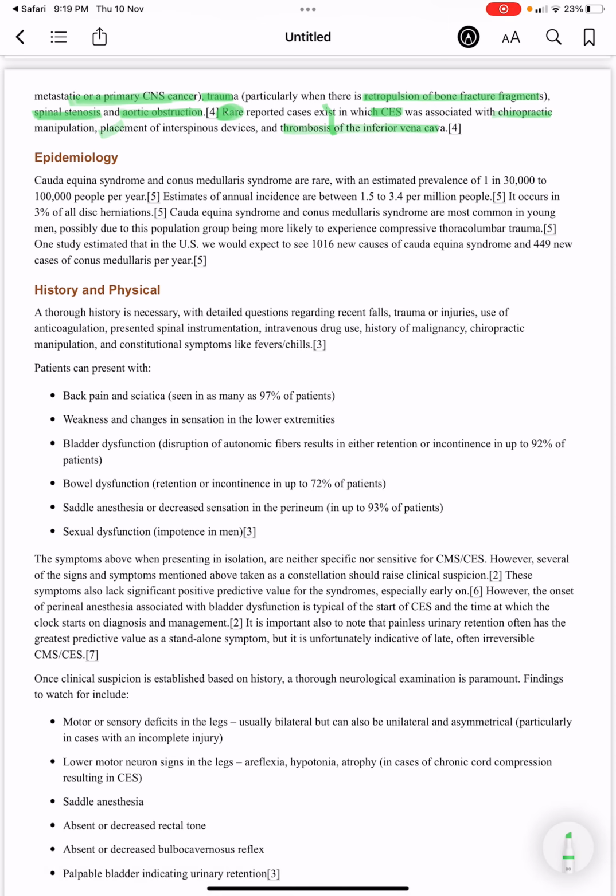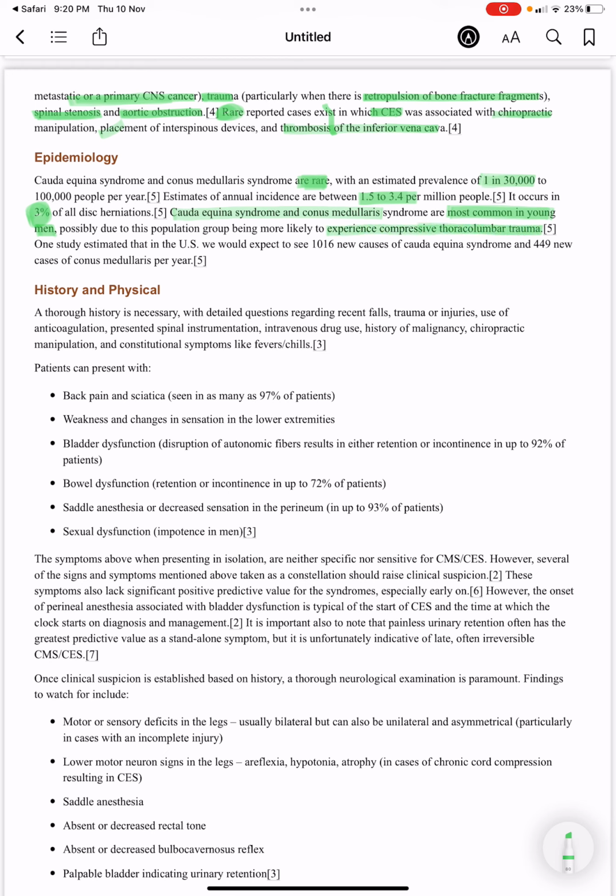Cauda equina syndrome and conus medullaris syndrome are rare. Estimated prevalence is 1 in 30,000 to 1 lakh people per year, so estimates of annual incidence are between 1.5 to 3.4 per million people. It occurs in 3% of all disc herniations. Cauda equina and conus medullaris are most common in young men, because this population group is more likely to experience